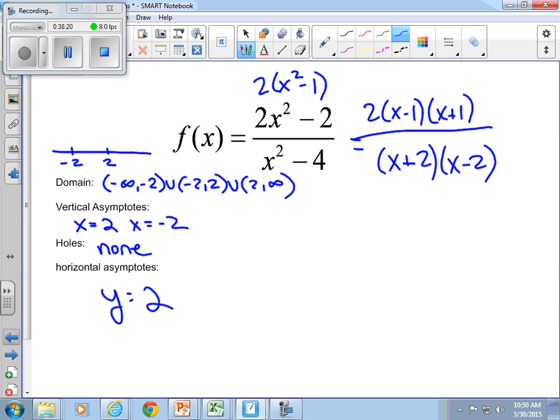And then we look at the 2 leading coefficients, 2 and 1, and 2 divided by 1. How do we feel about these 4 things? Domain, vertical asymptote,